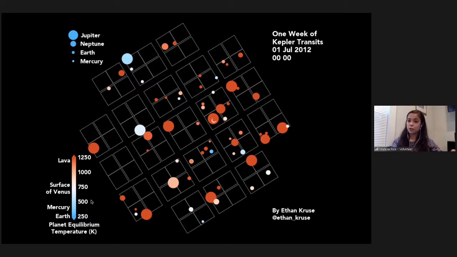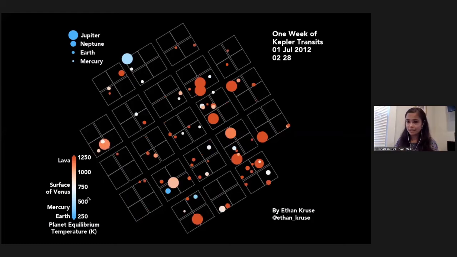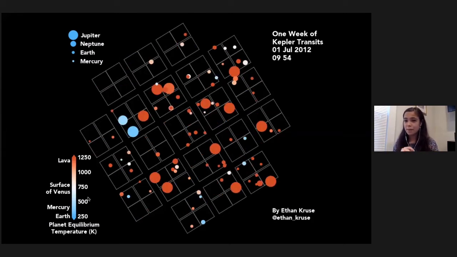And so that is what is shown on this screen here. And it found a huge number of planets just in that tiny little region. And so I'm going to play this video, and you can see time moving forward in the upper right corner. And there are lots of different planet transits that are being represented by these dots popping in and out within